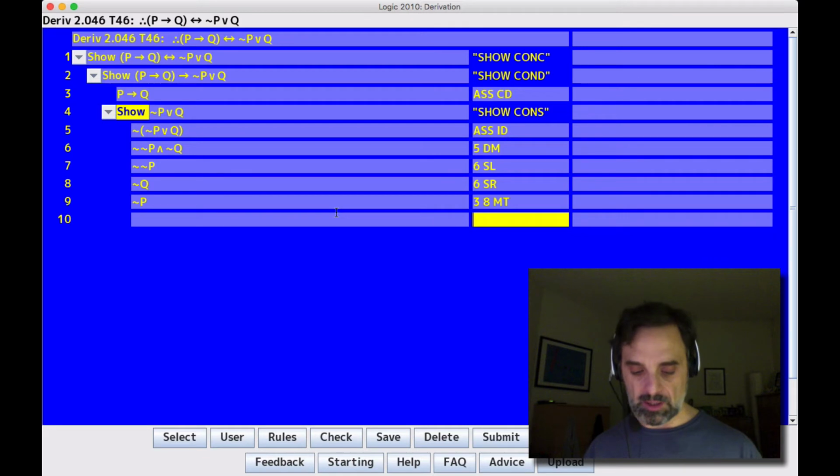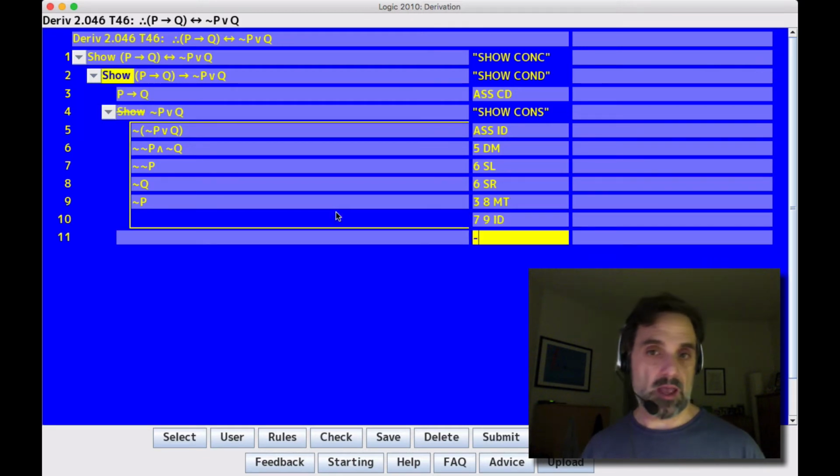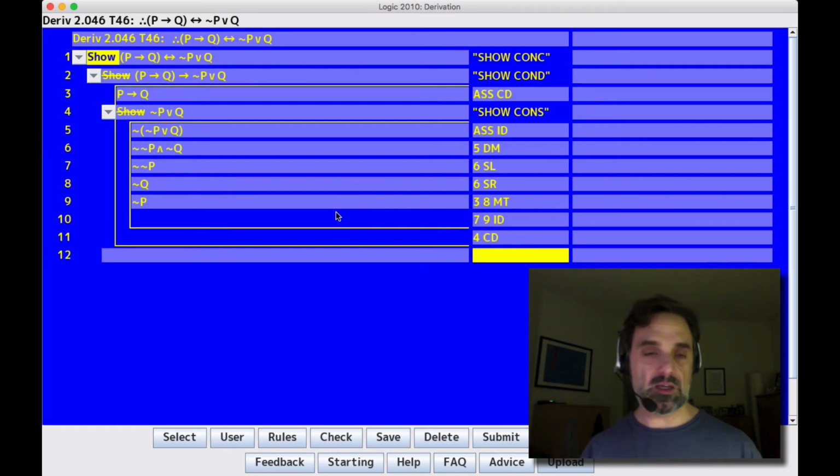And hey, that contradicts 9, so we can say, or excuse me, 7, so 7/9 ID. And then we say 4 CD, and we have done the left to right direction of the conditional. Good. Now,